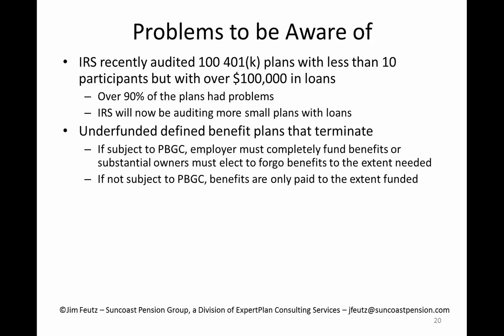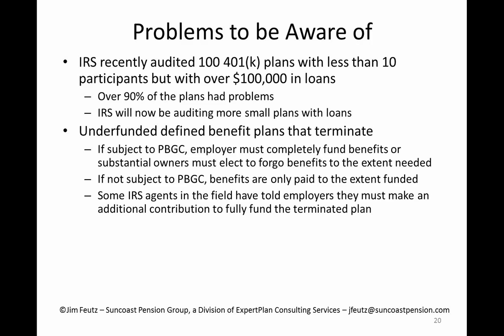But let's say the plan is not subject to PBGC. It's a professional corporation with 25 or fewer participants. Then if a plan terminates, the benefits are only paid to the extent funded. For example, let's say that the accrued benefits under the plan were $1 million. And the assets at the beginning of the year were $950,000, and it was hoped that by the end of the year it would be up to $1 million. But because of a market correction, when the plan terminated, the assets were only $800,000. Well, if it's not subject to PBGC, then everybody would get 80% of their total accrued benefit, and they could